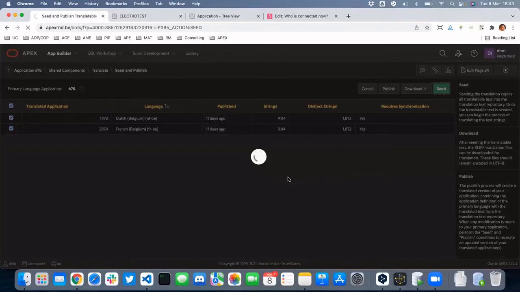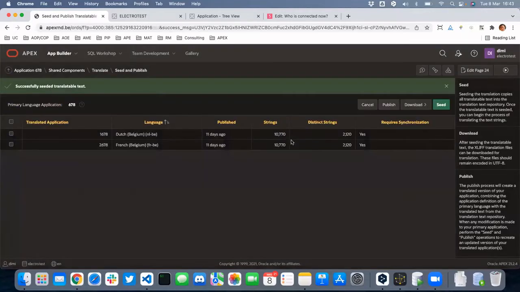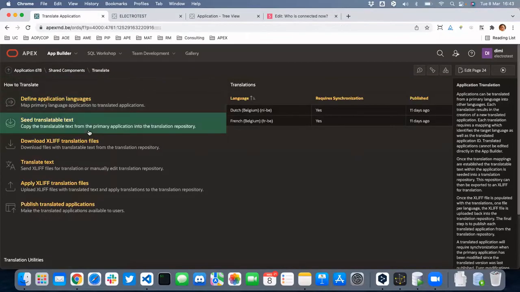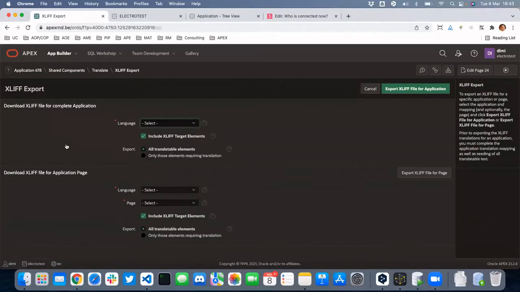So now this is live. We are translating this application. We had 9,000 strings 11 days ago, and now we have 10,770 strings. So now we have to translate those strings. The way the Apex team did it is, you download an XLIFF file,